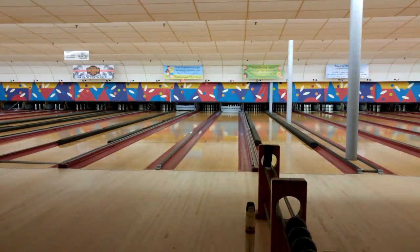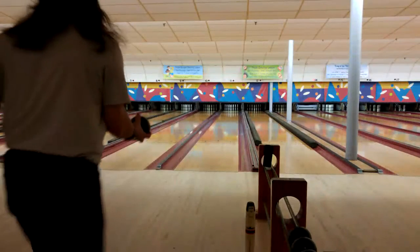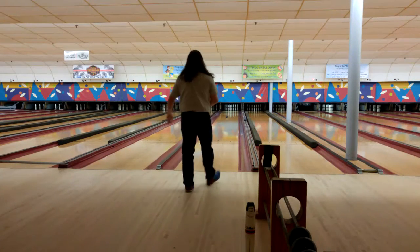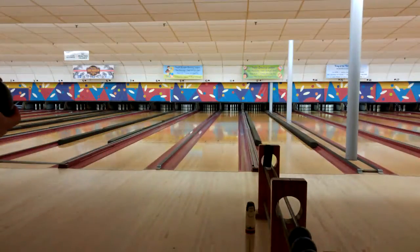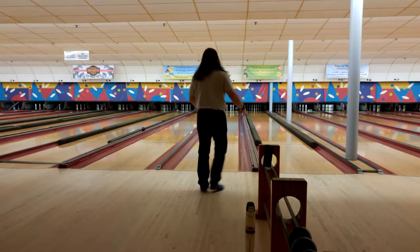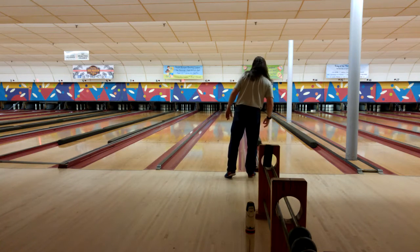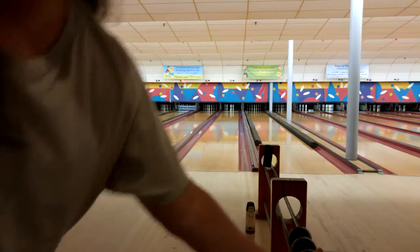When I accidentally lob a little bit, I let it go. That was just bad. That's a foul. And since all pins were standing, we can reset. Half Worcester left. Considering the start,